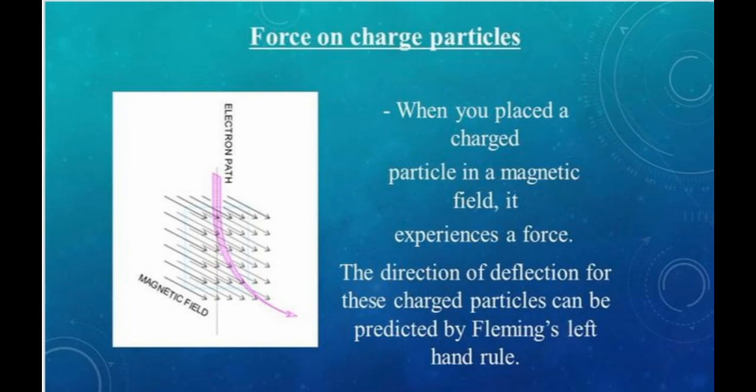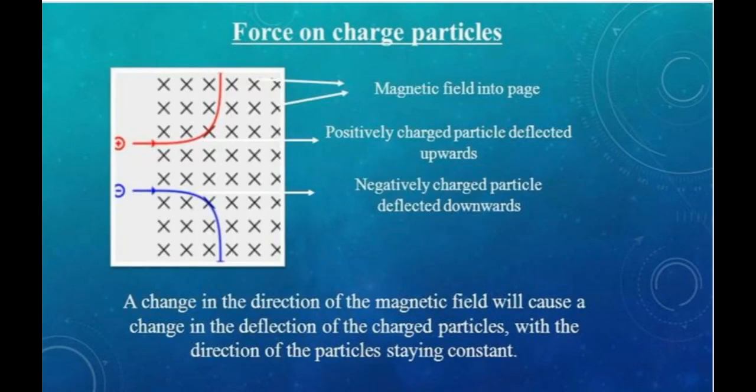And this force is directly proportional to the length of the conductor, and it is directly proportional to the magnetic field. That means the force is directly proportional to current, to the length of the conductor, and to the magnetic field. And from this we get the unit for magnetic field, which is known as Tesla. Tesla is the unit of magnetic field.